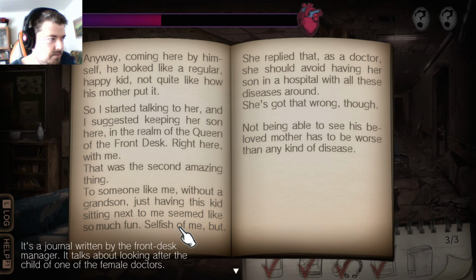Anyway, coming here by himself, he looked like a regular, happy kid, but quite unlike how his mother put it. So I started talking to her, and I suggested keeping her son here in the realm of the queen of the front desk, right here with me. That was the second amazing thing. To someone like me, without a grandson, just having this kid sitting next to me seemed like so much fun. Selfish of me, but